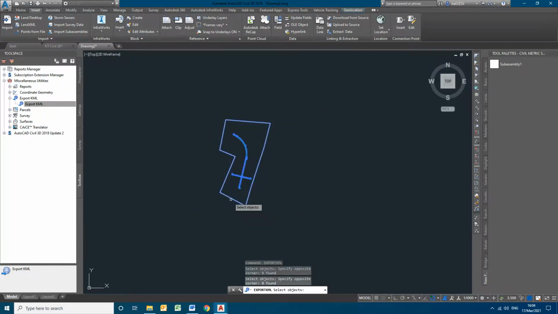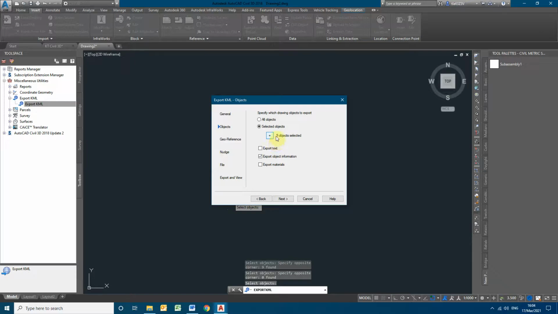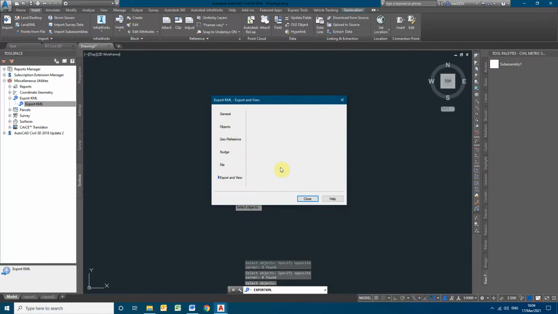Just I'm selecting the objects, clicking on next, selecting, draping the objects onto the ground, exporting the file, replacing the file.